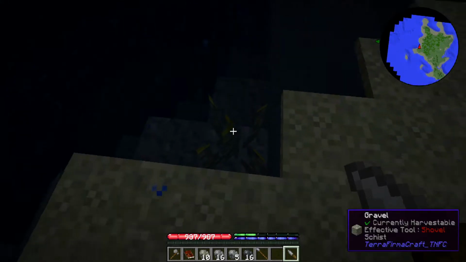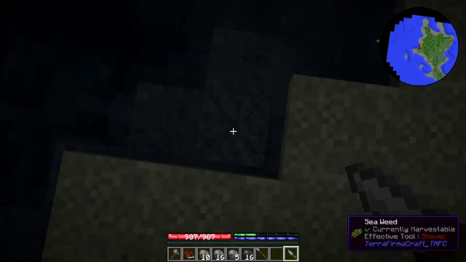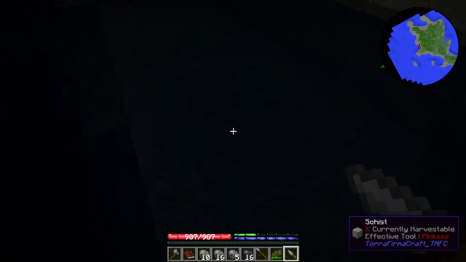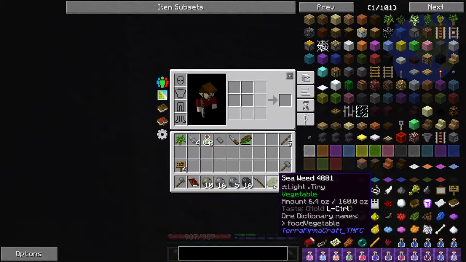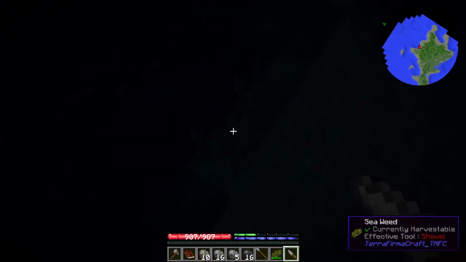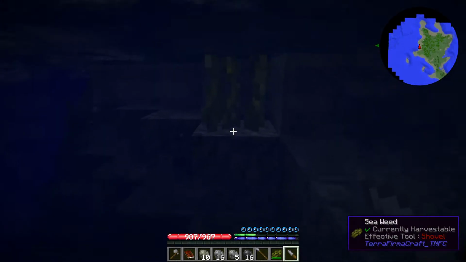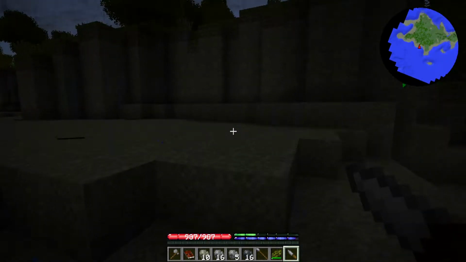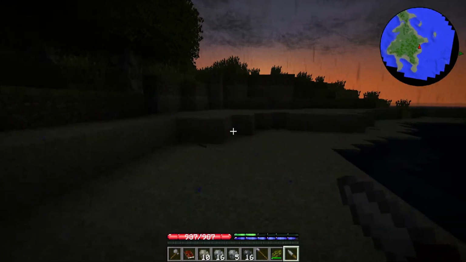Now, one thing that we can do, seaweed, we can cut, and that will give us something to eat. Now, these don't stack unless you mouse over them and press S, and then they will stack together. So I'm going to grab a little bit of seaweed. That will give me some food. And then I'm going to head back to where I first started,